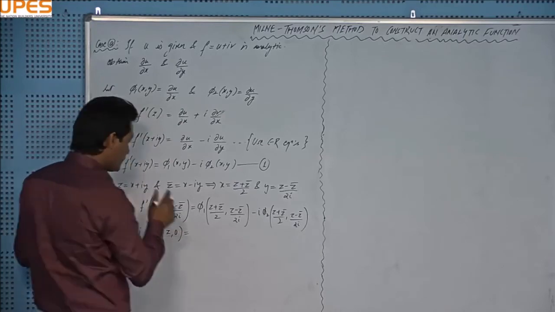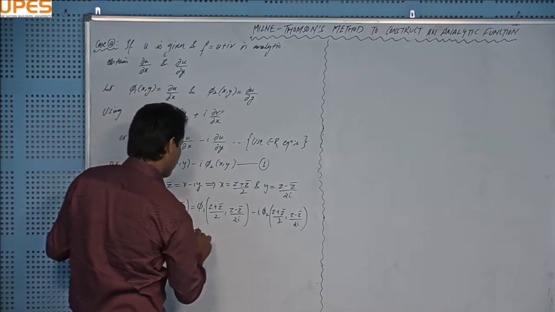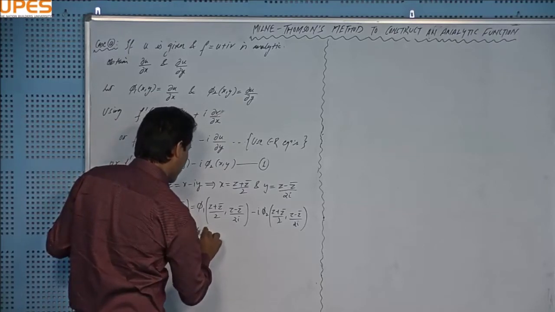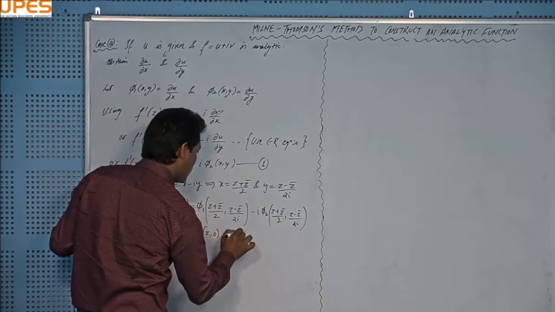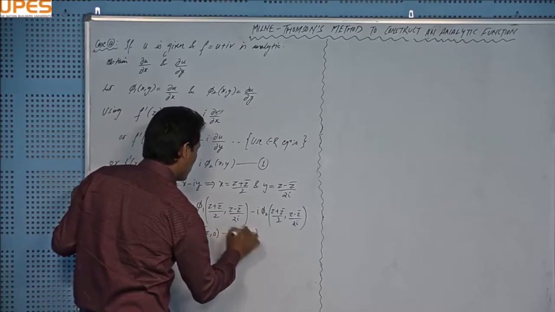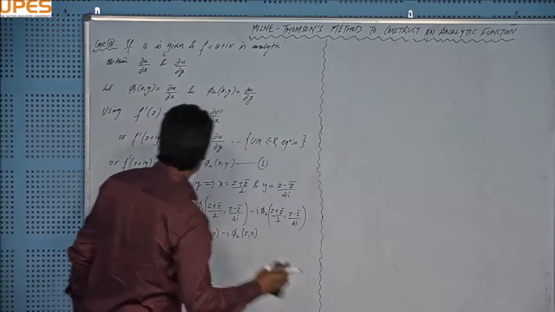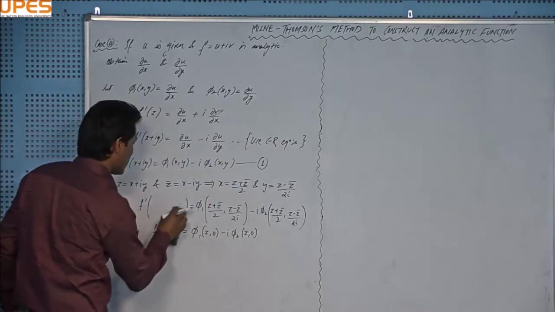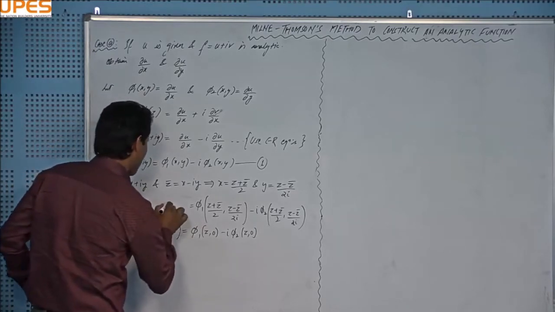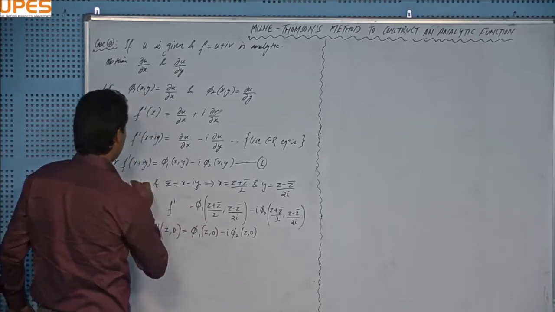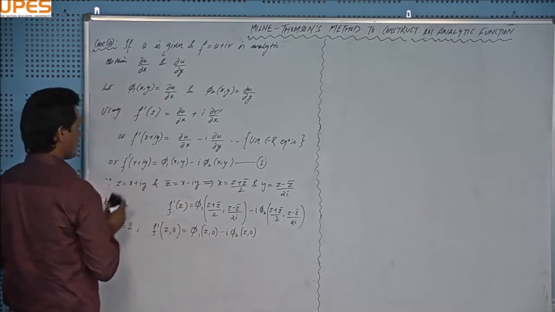Equal to phi 1 z comma 0 minus eta phi 2 z comma 0, right? I think we should write it as only z. There is no need to write it as that, I should write it as f dash z only. F dash z, and